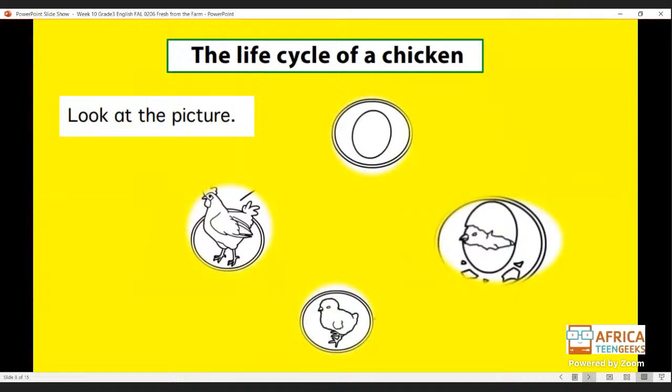So today we're going to learn about the life cycle of a chicken. Well done. Funny also starts with F. So let's look at the picture. What do you think comes first? The chicken or the egg? The egg. And then